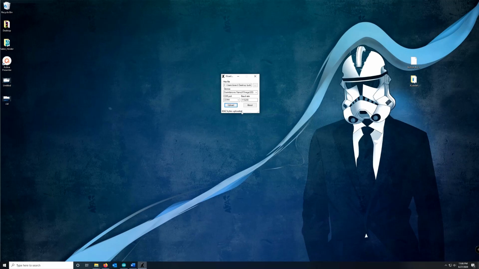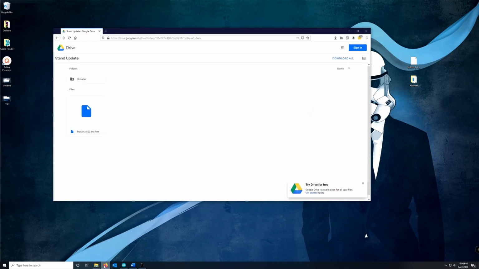You can put it onto anything else now, whatever you've used to power it on, and it'll have all the new effects in there. I'll be updating more as I can, and I'll add them to this drive. You'll know because I actually have the date I did the update on here, so this one was from June 23rd. So if you come back and check this drive later and see a later date, that'll have even more